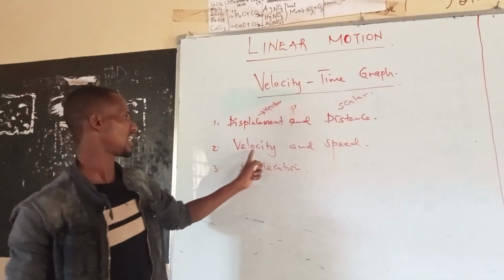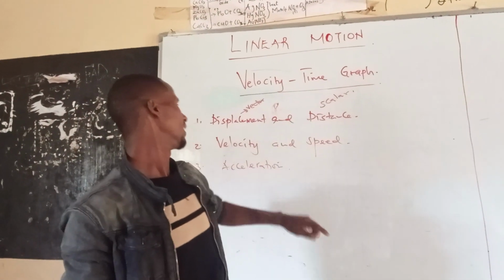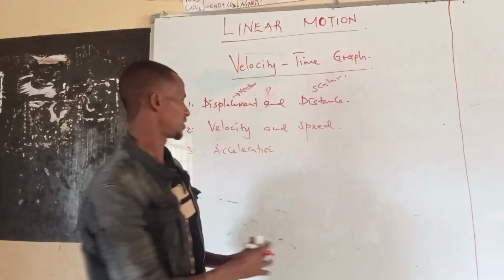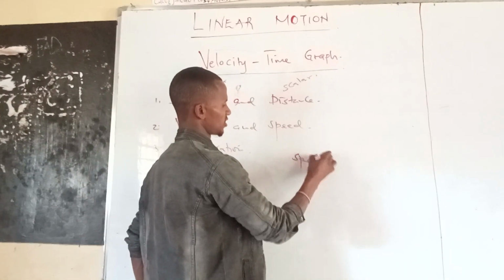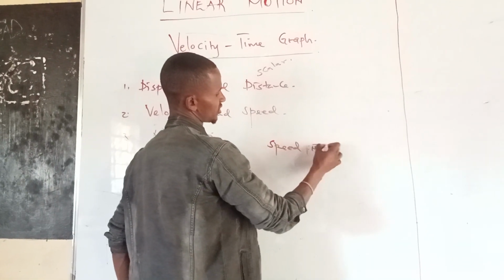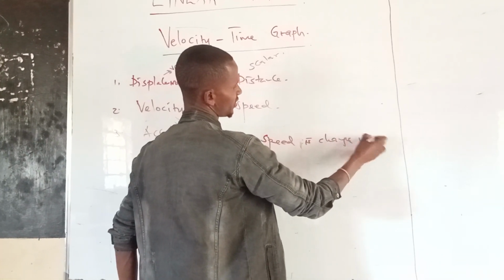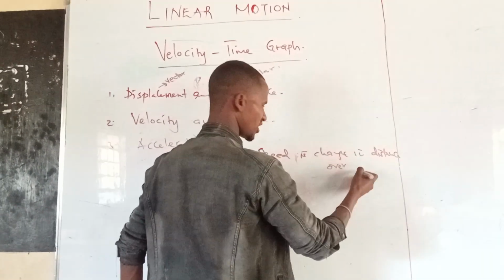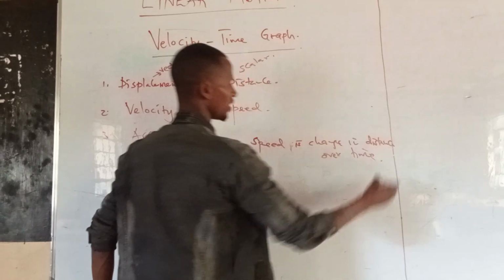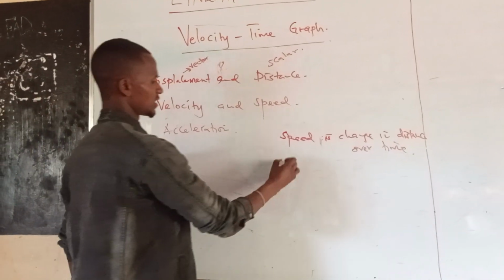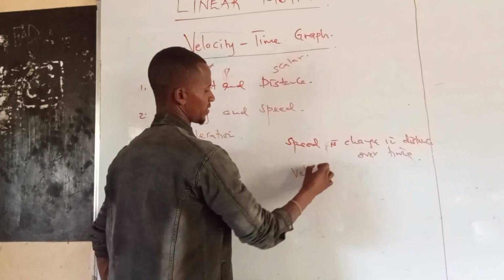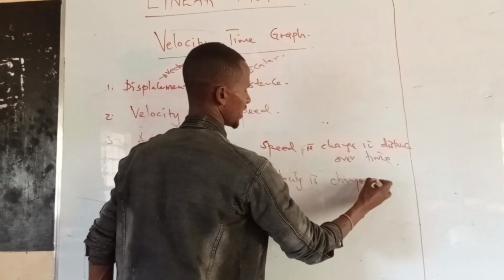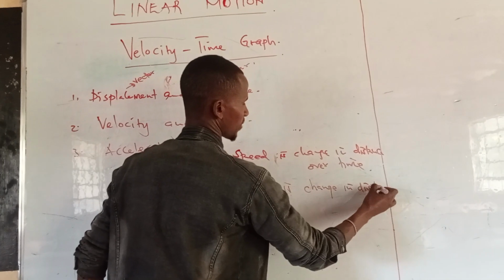And velocity and speed. Speed we know is the change in distance over change in time. While now velocity is change in displacement